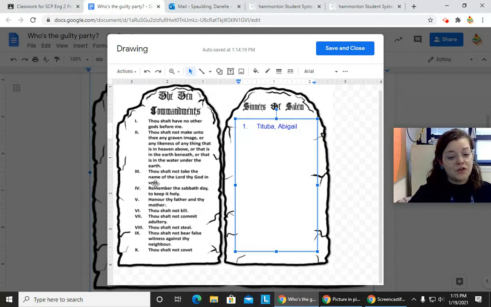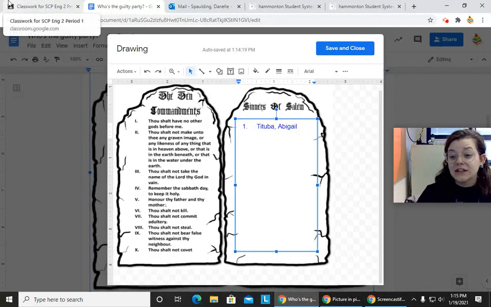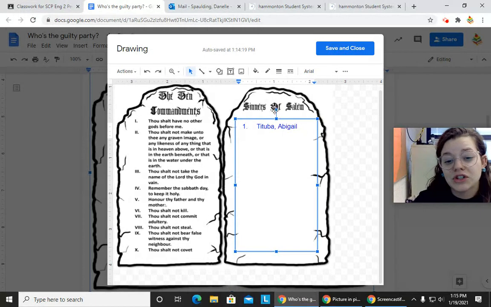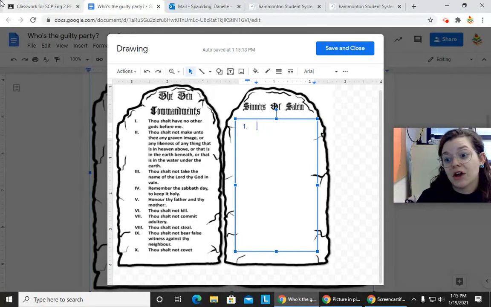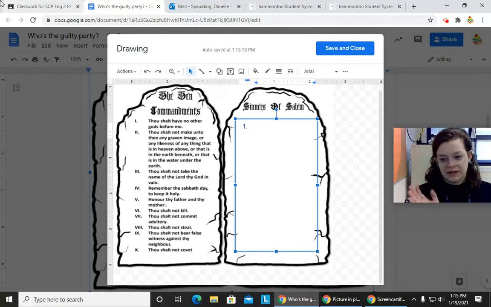Thou shalt not bear false witness against thy neighbor. So basically, you shouldn't lie about your neighbor. You shouldn't say things that are damaging about your neighbor that would get them in trouble. Well, that is happening all over Salem. You're going to have 1,000 names for that.